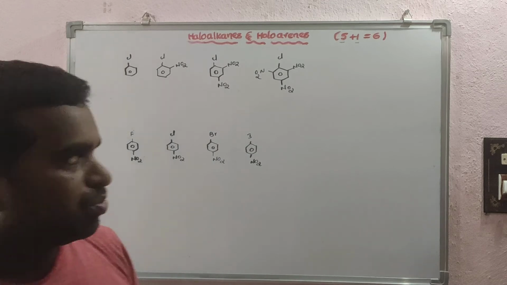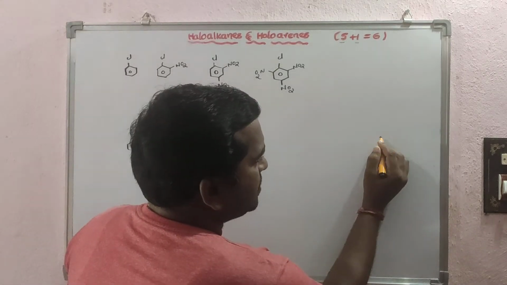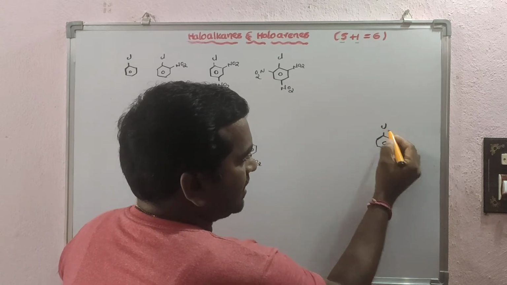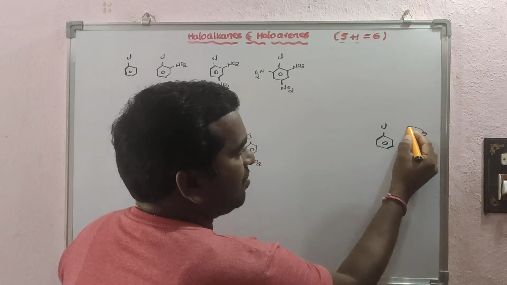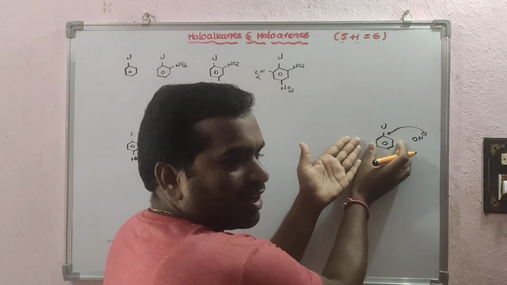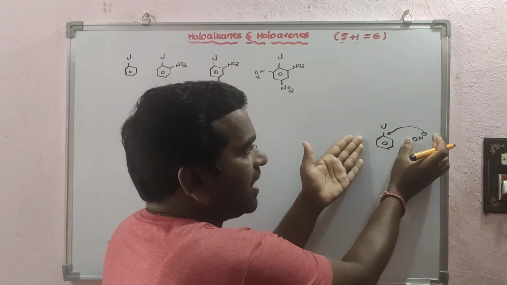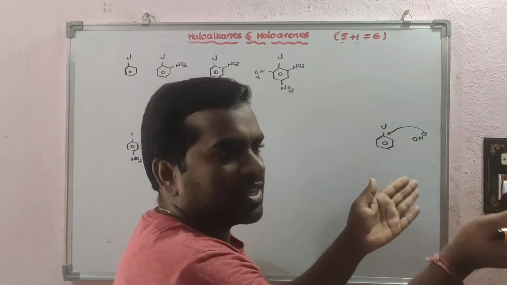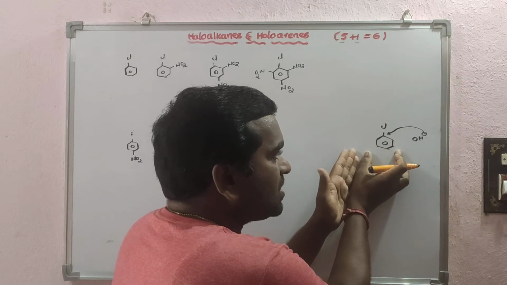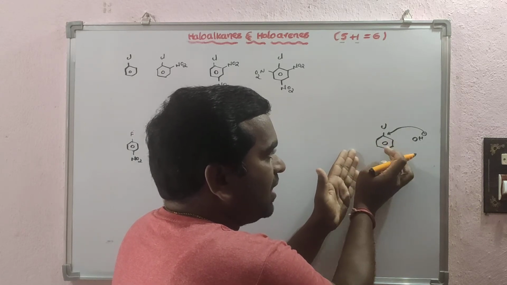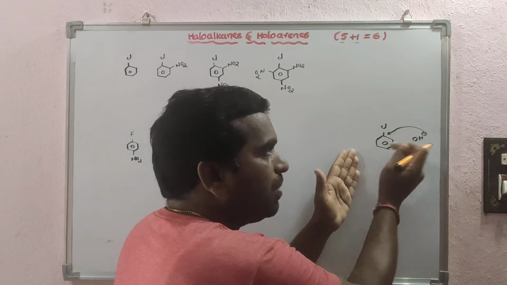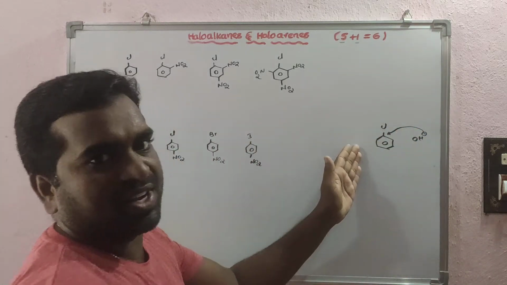Previously we discussed that on the benzene ring, if the electron density is less, then the nucleophile will attack very fast. Why? Because the nucleophile is electron rich, and benzene is also electron rich. If both are electron rich, there will be a repulsion, and the nucleophile will not attack. If you decrease the electron density on the benzene ring, the repulsions will be less, and nucleophile attack takes place very easily.